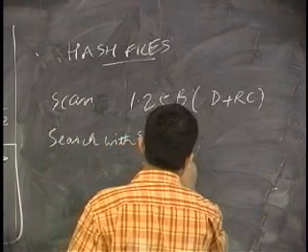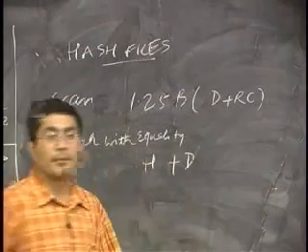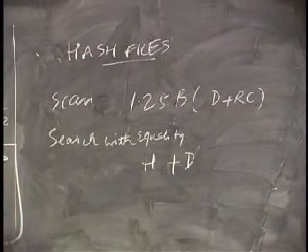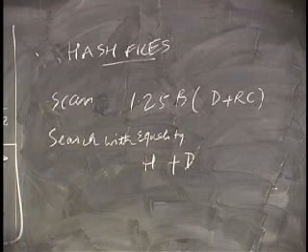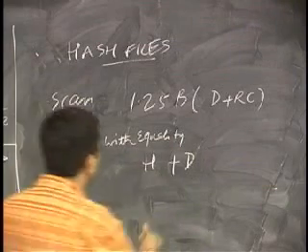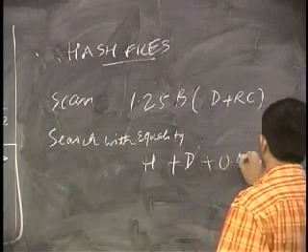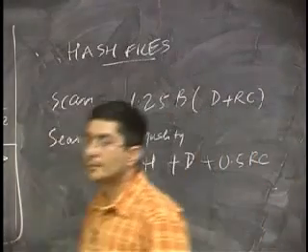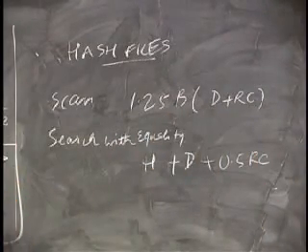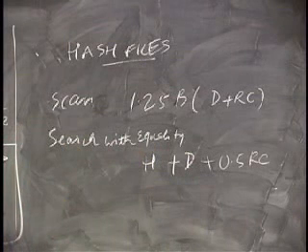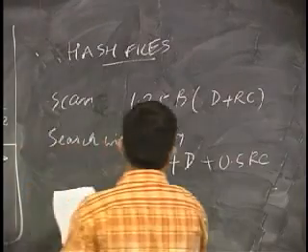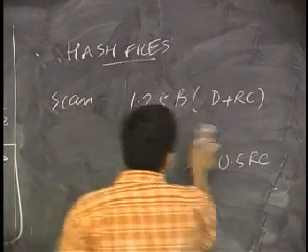We'll have H for the transform, then D. Now after that, inside the hash there is no order, right? So on an average you'll do half the RC, because inside it is like an unordered file. So you just do processing on an average of half the bucket. Now let's look at